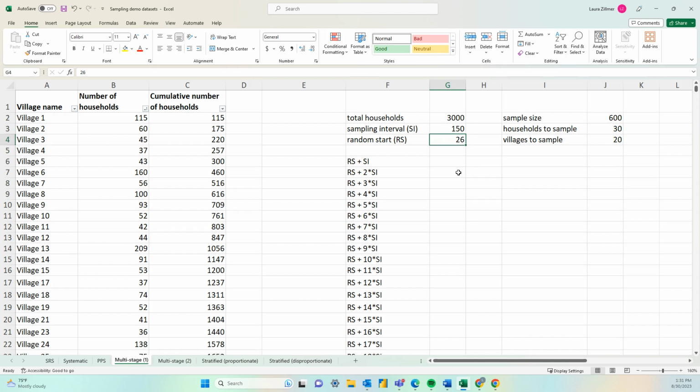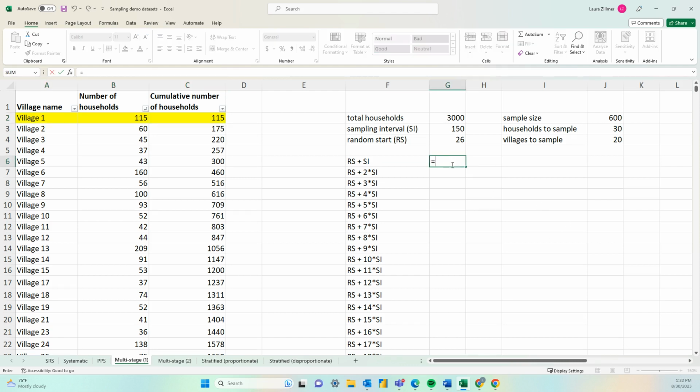We can see looking at the cumulative column that village 1 contains the 26th household. This village contains households 1 through 115. So village 1 will be the first sampled village. We'll then select the next village to be sampled by incrementally increasing the random start by the sampling interval.